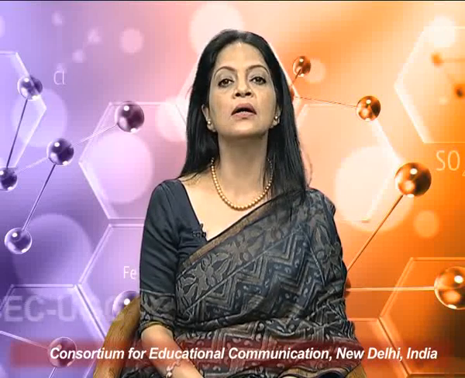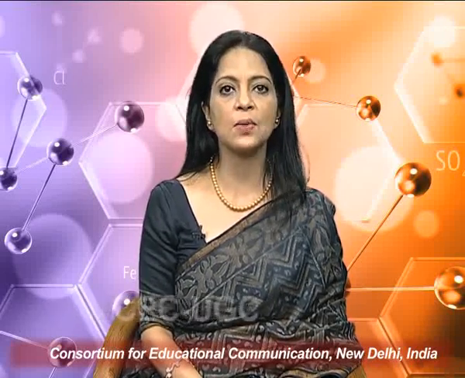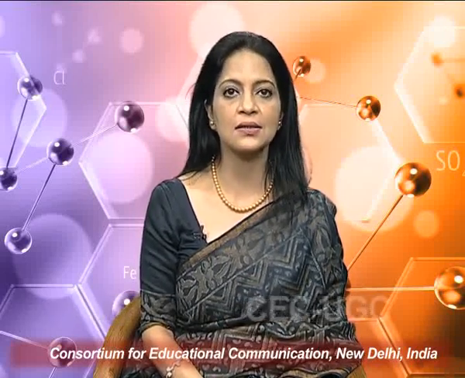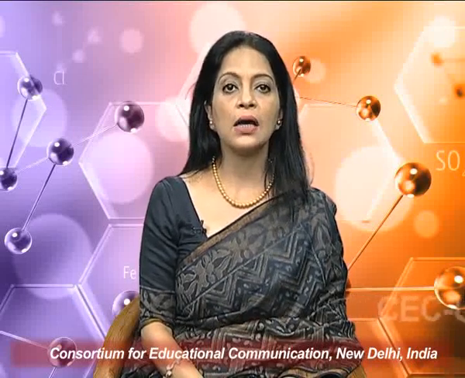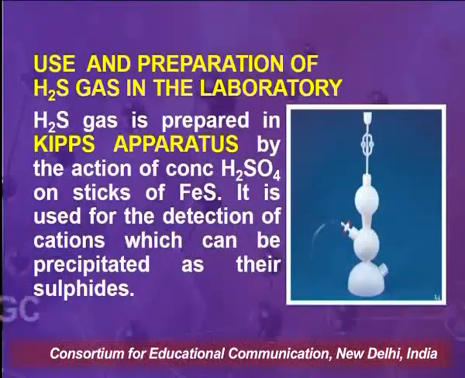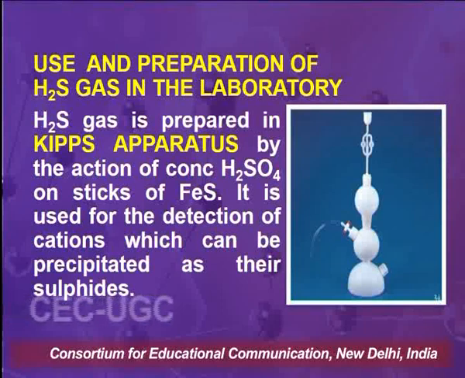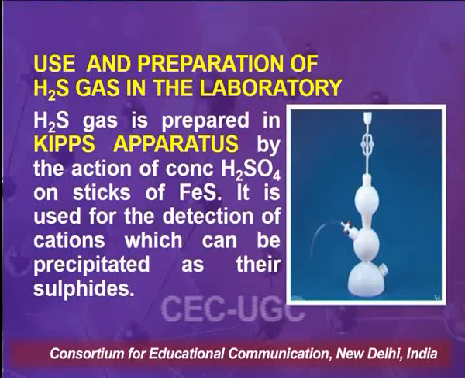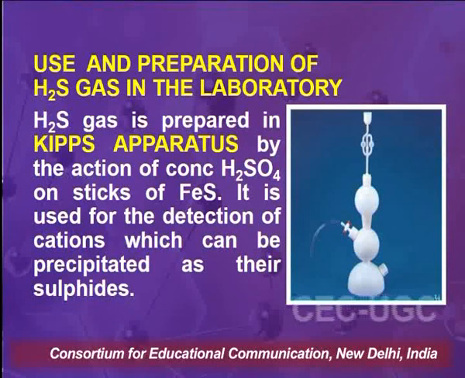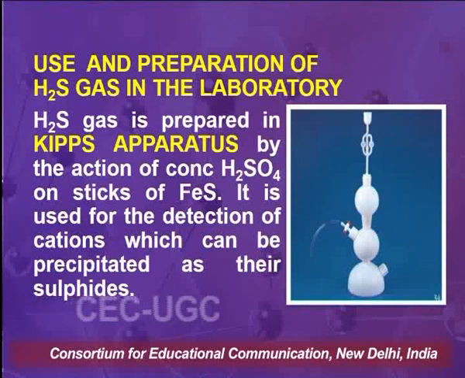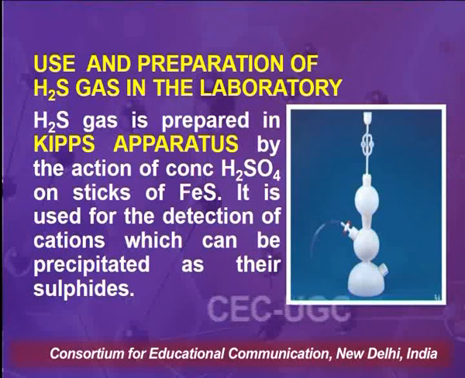Now, in a normal mixture analysis where we analyze cations and anions in the laboratory, H2S gas, or hydrogen sulfide gas, is used for the detection of cations. It has to be first prepared in the lab, and it is prepared in the Kipp's apparatus, whose picture you can see on the slide, by the action of concentrated sulfuric acid on sticks of